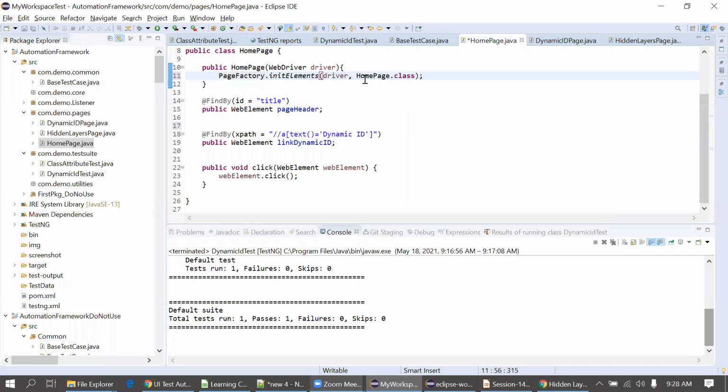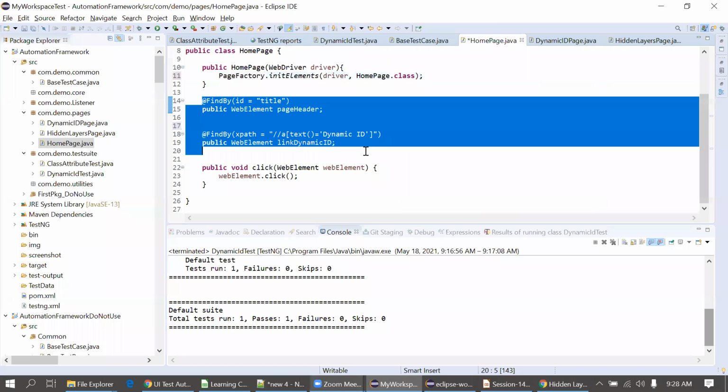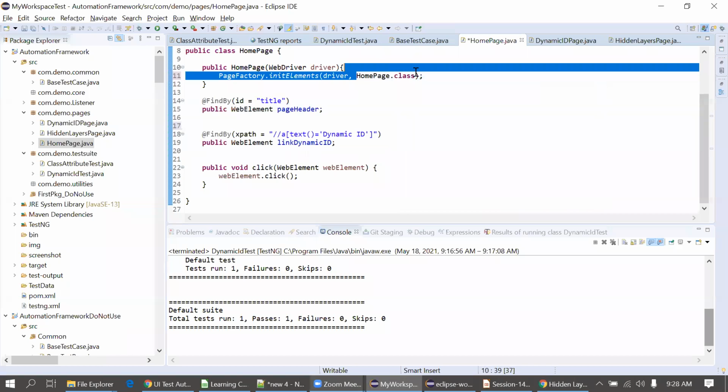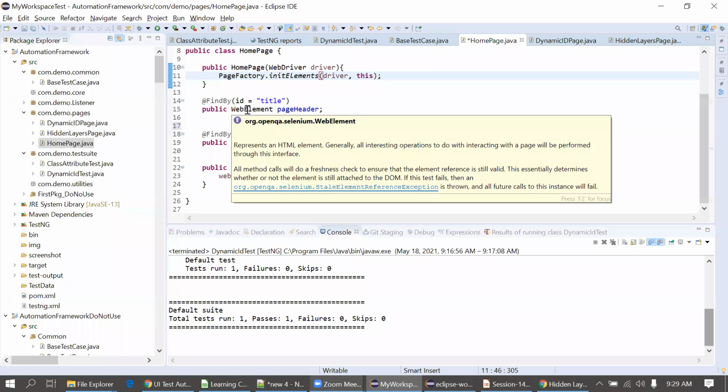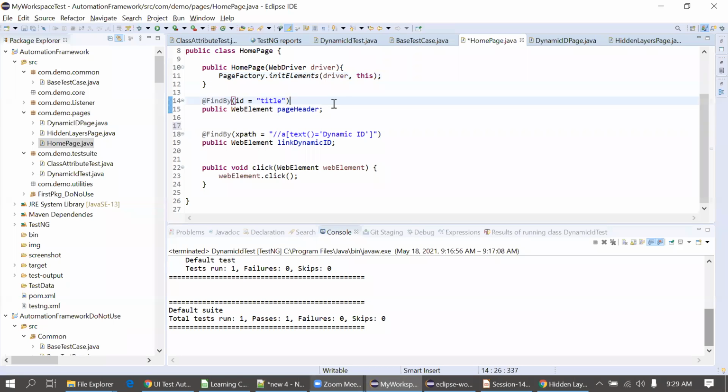I can pass this also. I just want to initialize the web elements given in this page. That's why I provide this. I can provide other page names as well, but I'm just preparing this. So by default, it will just consider the current page only.